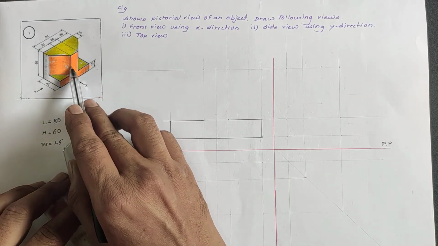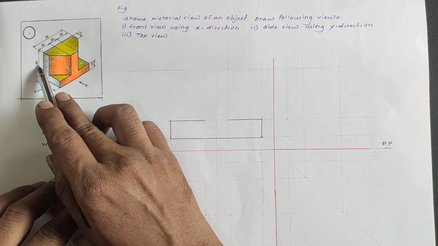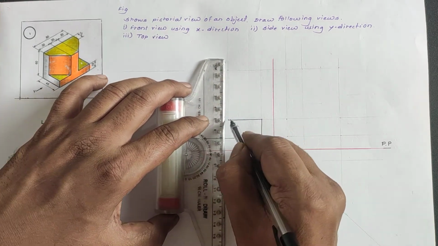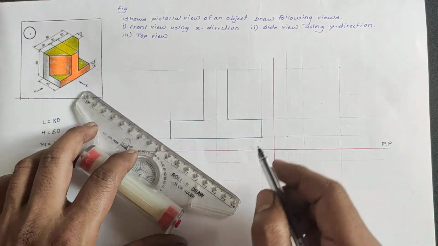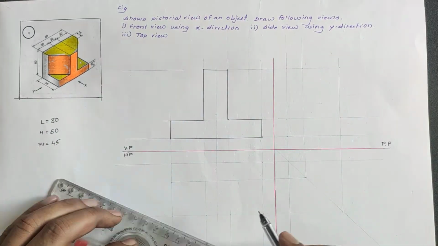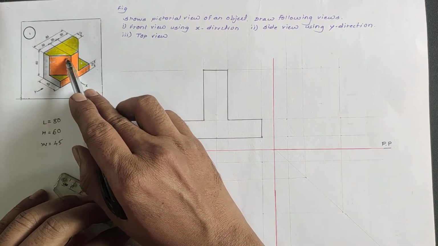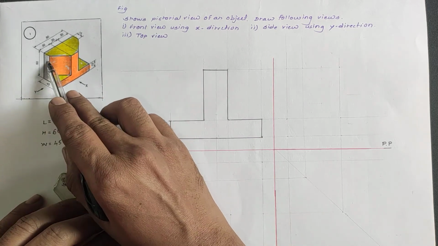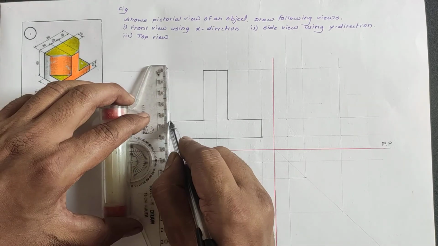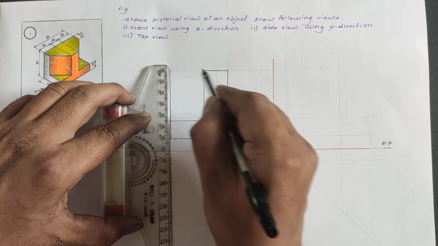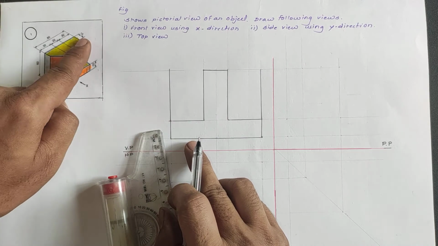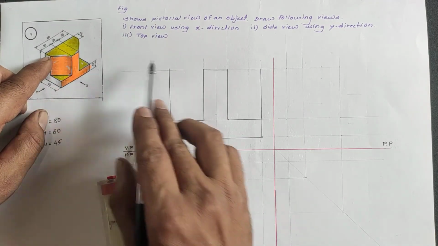Then the remaining height means 60 minus 15, that is 45. Okay, so the total length is 20 mm. Now you can see the inclined portion, and this vertical edge from both the sides has the remaining 45. Draw the vertical lines on both sides, so this edge and the other side edge, and this inclined portion we can see here.